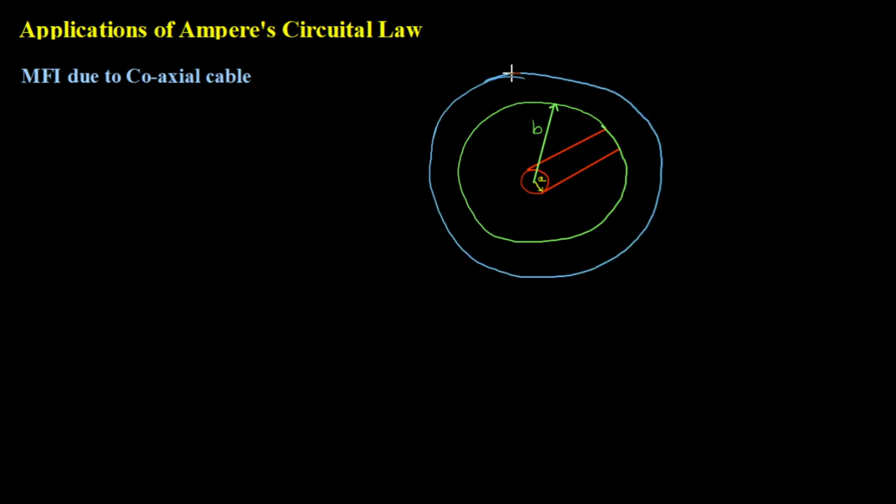The outer conductor is formed by this green circle and blue circle. I know that it's not appearing like a circle, but you please draw it properly. So this outer conductor radius is c. That's the reason I told you to go through coaxial cable live images or videos. So this is c.